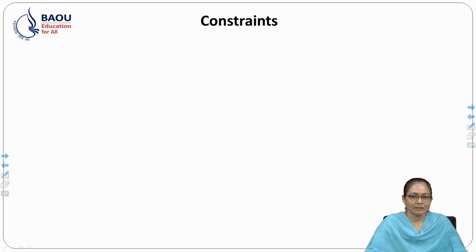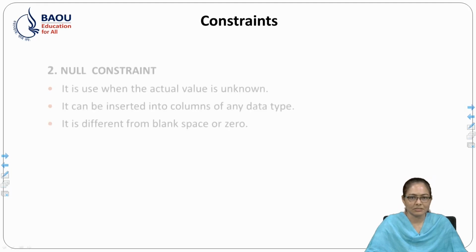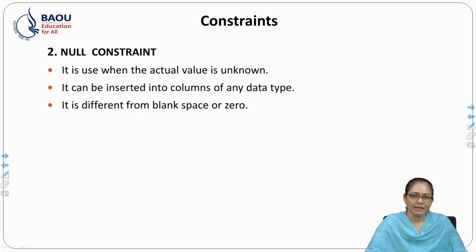Now, the next one is the null constraint. It is used when the actual value is unknown, or a null value can be inserted into the columns of any data types. A null value is different from blank or 0. Suppose we do not know some data in a particular column, like the phone number column. If we don't know the phone number of a particular student whose roll number is 3,